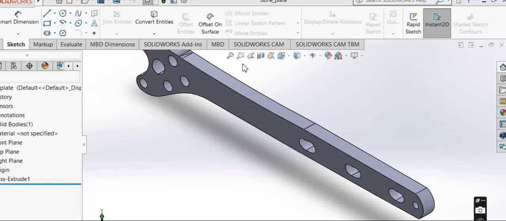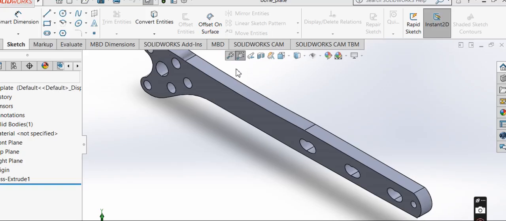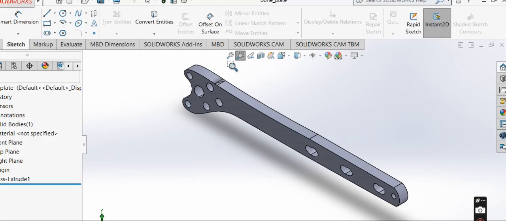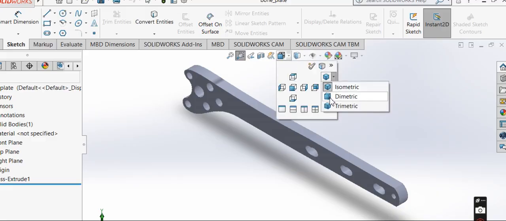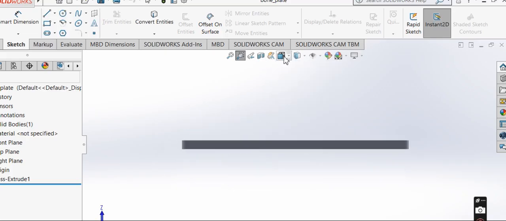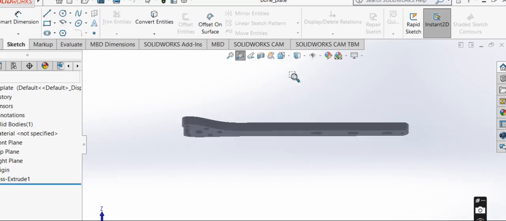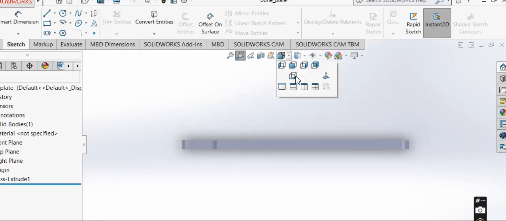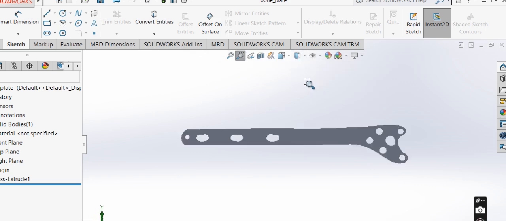In this video I am going to discuss the femoral bone plate. You can see this simpler distal femoral bone I have made using SolidWorks, and you can see the different shades and different views of this. This is the front view, bottom view, side view. So this is an easily made femoral bone plate that is used